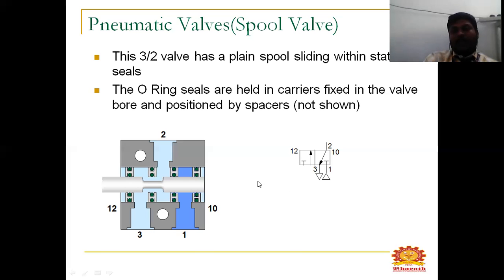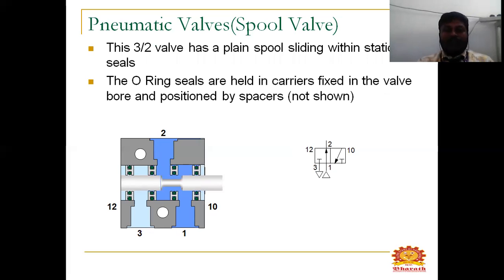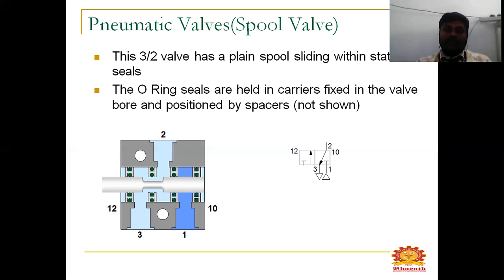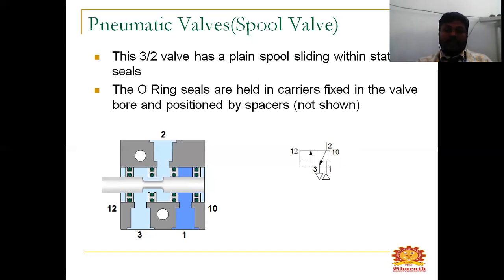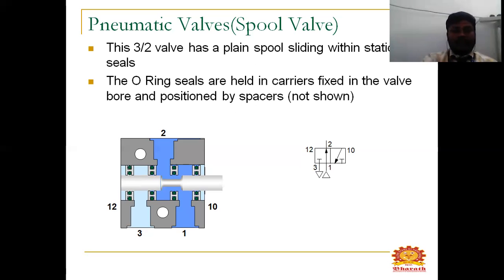It can be changing this position. See here, this is the inlet, and in another way this is shifted, that is in a spool valve. If you are changing the direction of flow, that is a spool valve. And this one is the same spool valve, and this is normally open in another direction, like this. This is the first position and this is the second position. If it's normally opening, closing and opening, like that it will be working.